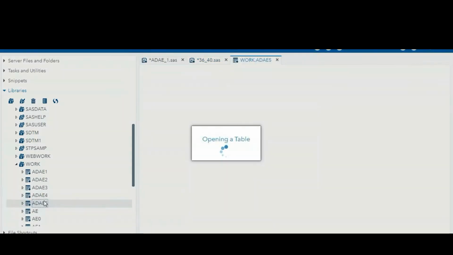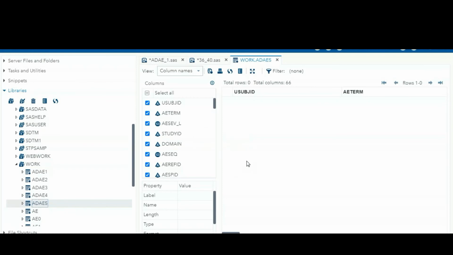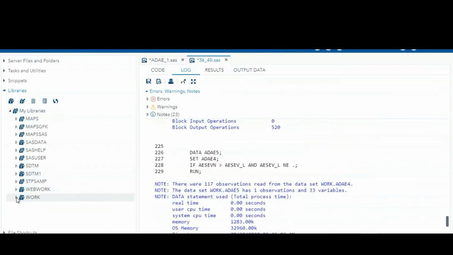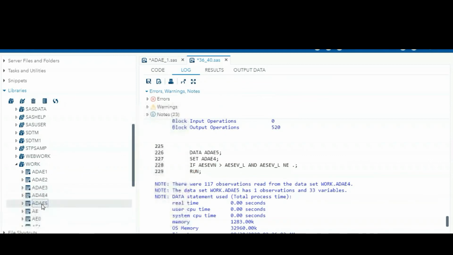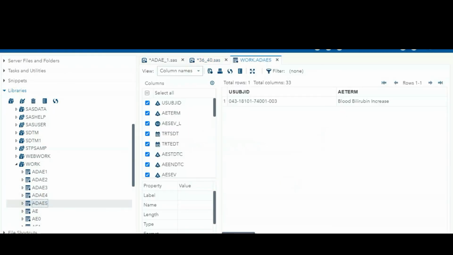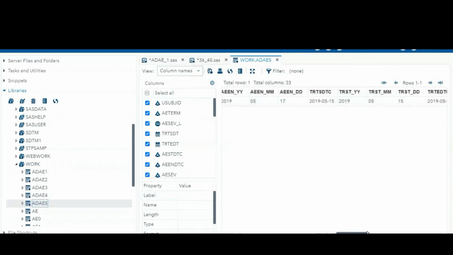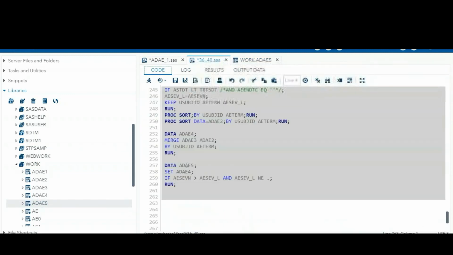So ADAE5 has only one observation. Only this adverse event was there prior to the treatment as well as after the treatment, and the severity was changing. So we have to consider this also a treatment emergent AE.